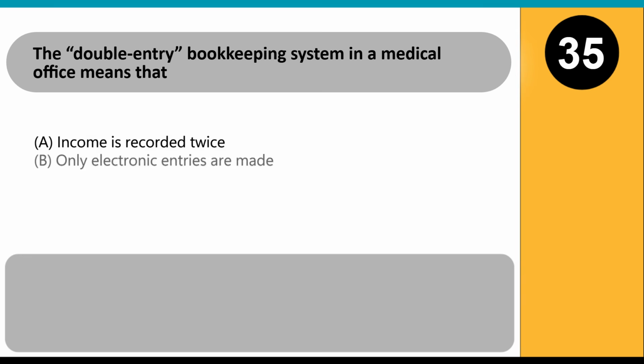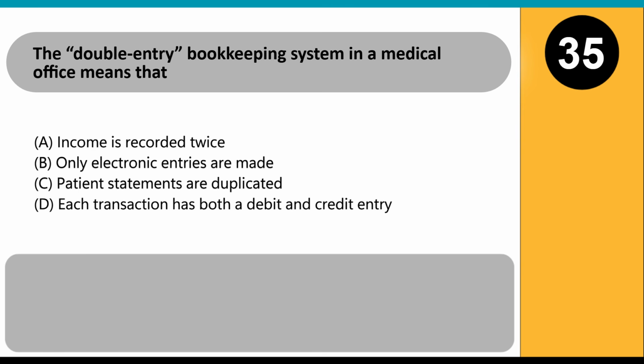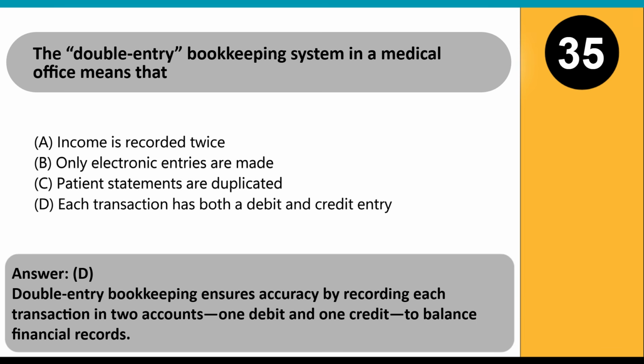The double-entry bookkeeping system in a medical office means that A. Income is recorded twice. B. Only electronic entries are made. C. Patient statements are duplicated. D. Each transaction has both a debit and credit entry. Answer: D. Double-entry bookkeeping ensures accuracy by recording each transaction in 2 accounts, 1 debit and 1 credit, to balance